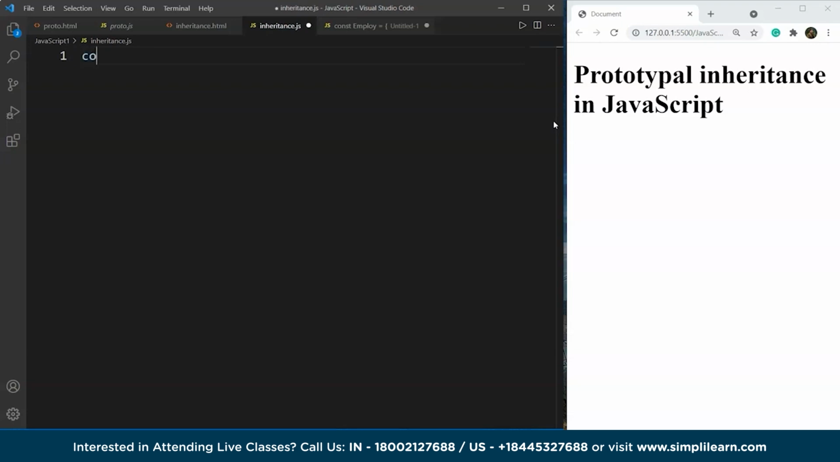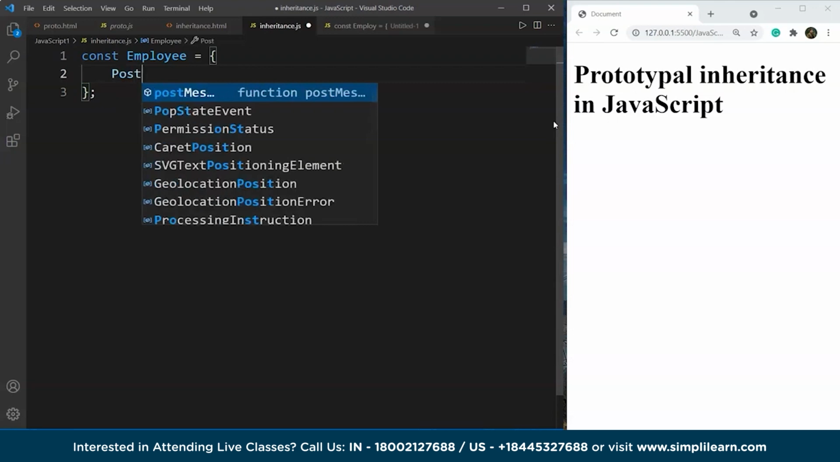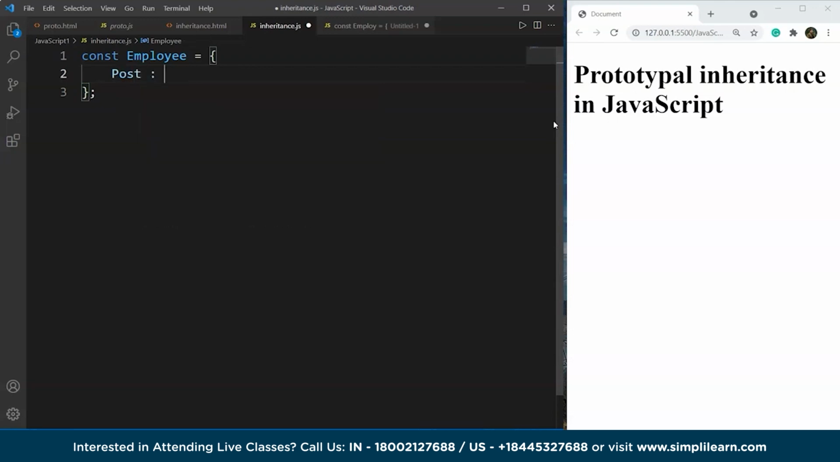So the syntax will be like, we'll write here const. We are using const in place of var. I hope you guys are aware of the const, var and let keywords. So today we are using const. Let's say the prototype name is employee. We'll write equals to, and then we have the body of the prototype. Let's do one thing. Now we'll use a method. Let's say the method name is post of the employee, and we'll write here